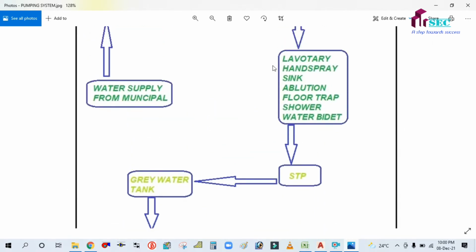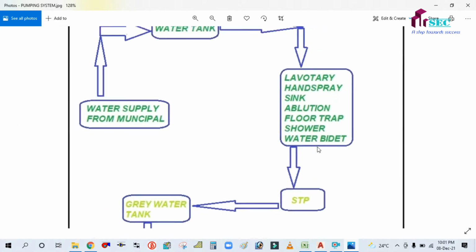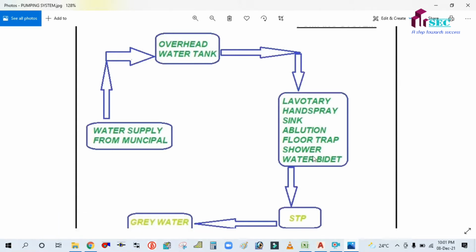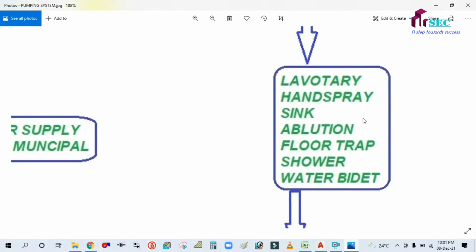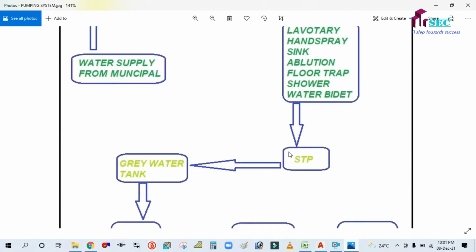आप देख सकते हैं यहाँ पे this is a laboratory hand spray sink distribution floor trap shower water gate. This is डायरेक्टली वाटर ओवरहेड टैंक से आने के बाद ये फीचर्स में आता है। ये फीचर से वेस्ट वाटर एसटीपी में जाता है, सीवेज ट्रीटमेंट प्लांट।